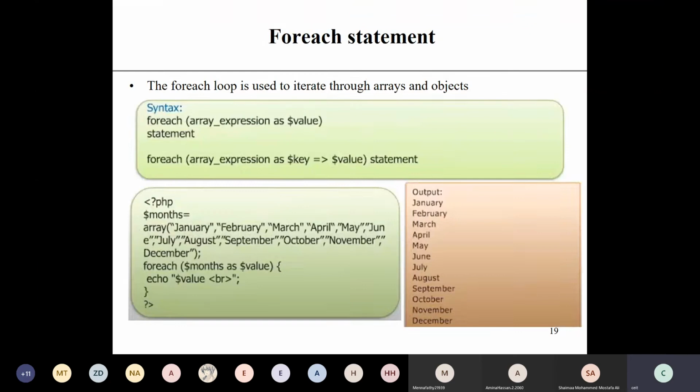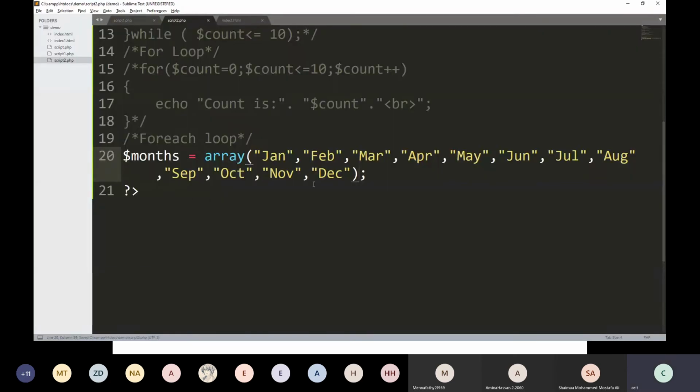These are my array elements. I want to print all the elements in the array. You can either print using the for loop or using the foreach loop.